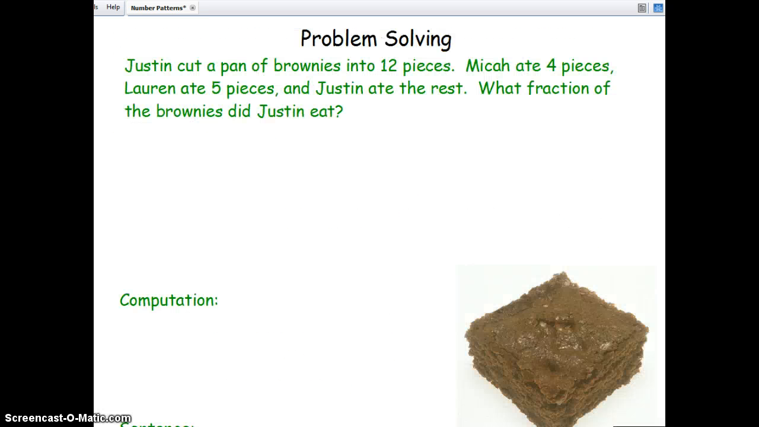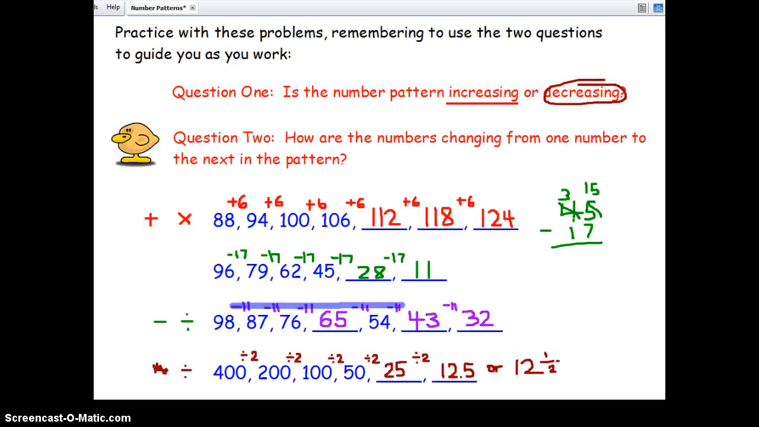Okay. What we're going to do next, we're going to do some practice tomorrow in class with number patterns, and we're going to be practicing these 2 rules with number patterns. We'll have a little bit of a pre-test to see how you did